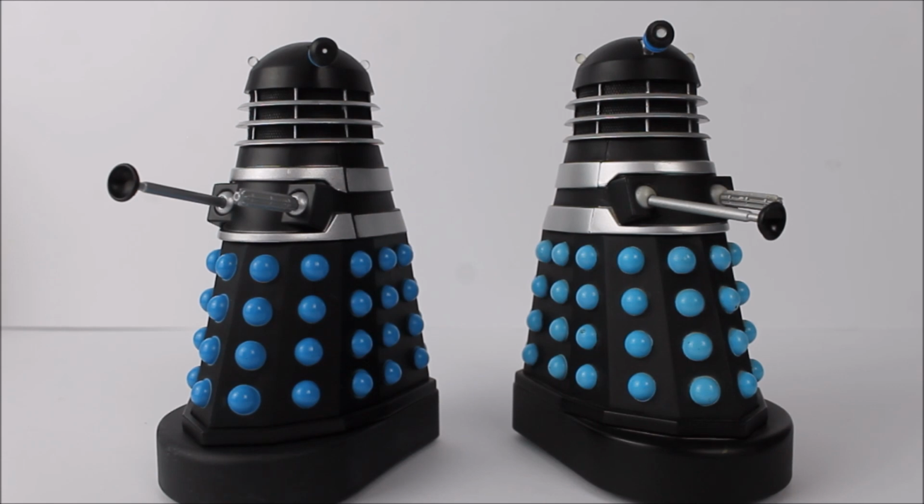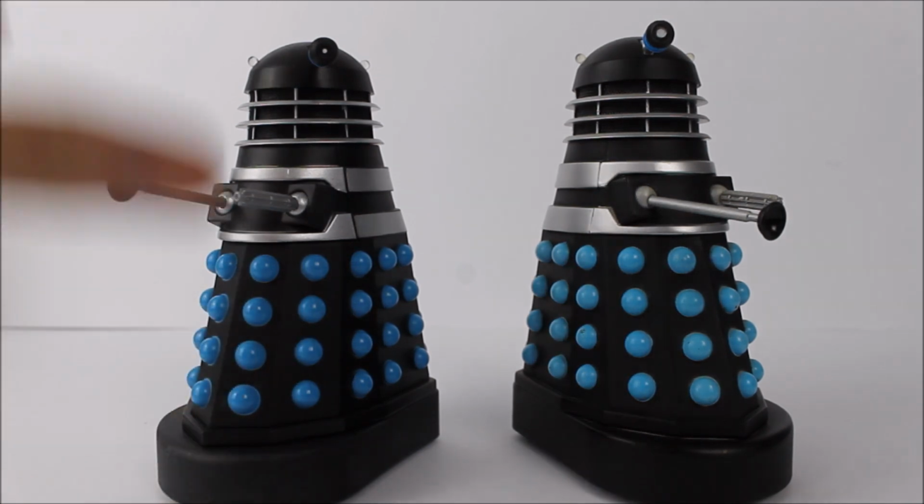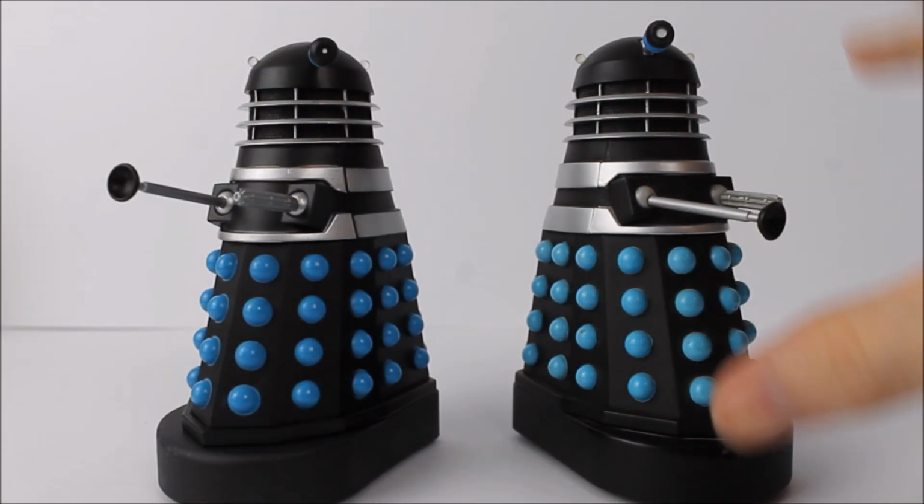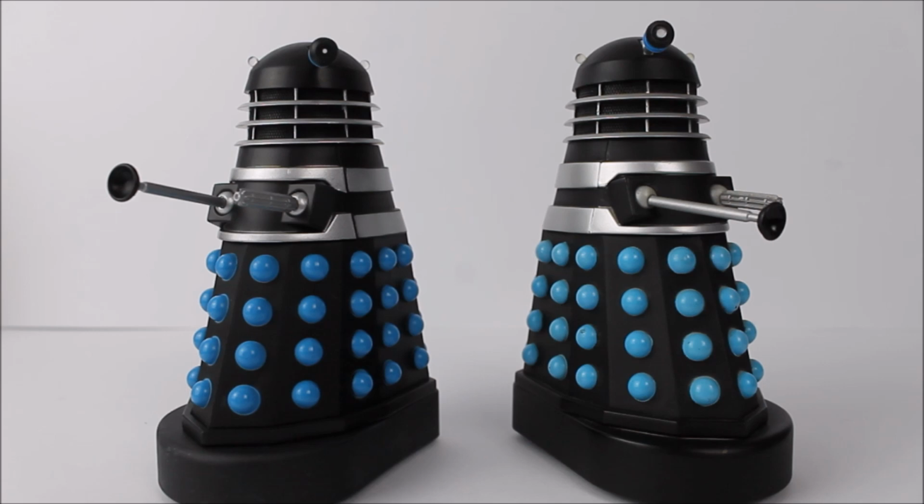So much like how we did with the Invasion of Earth Drone Dalek, starting off with that comparison, in other words trying to justify spending £19.99 on a Dalek that you've already owned for literally 10 years and looks very, very similar. Well, long story short, there are a number of differences which do make this Dalek stand out ever so slightly more than the original. To start off with, the black that has been used on this Dalek overall is ever so slightly more glossy and shiny compared to the matte colour used on the original version,